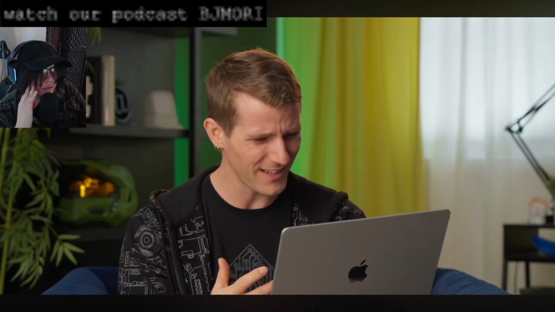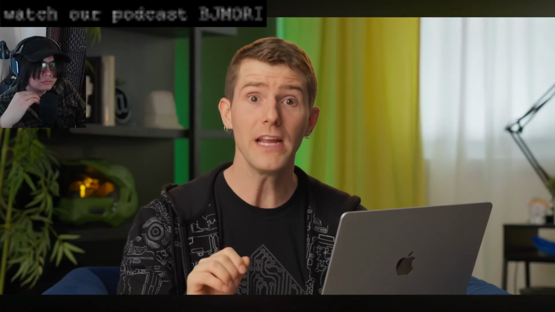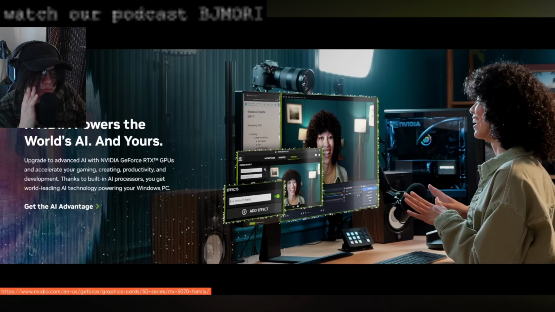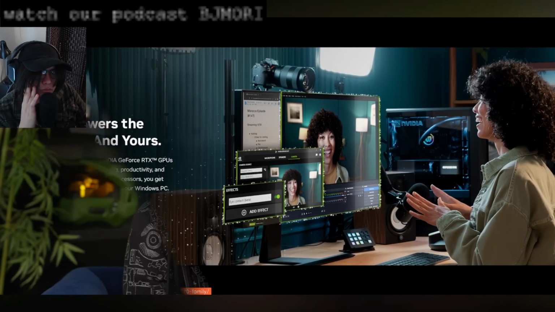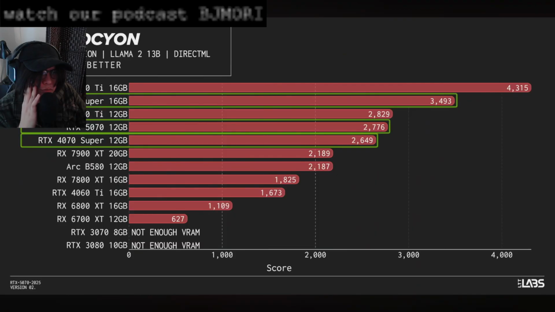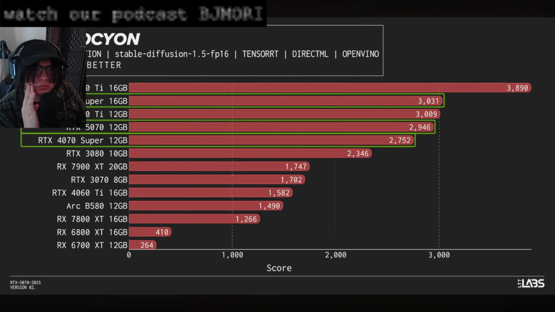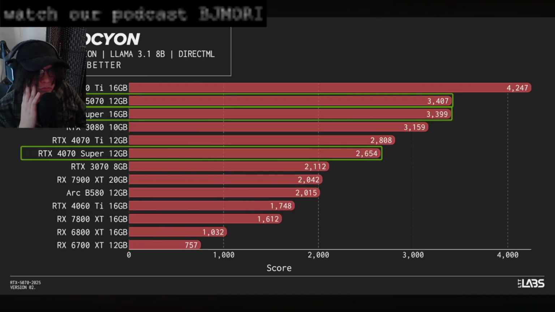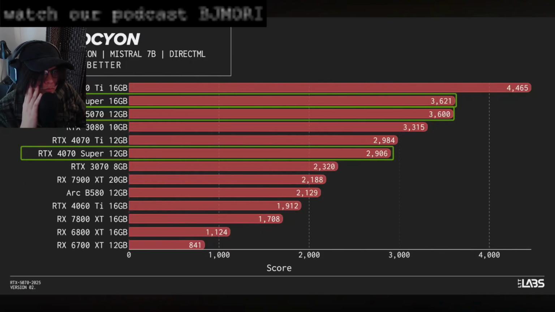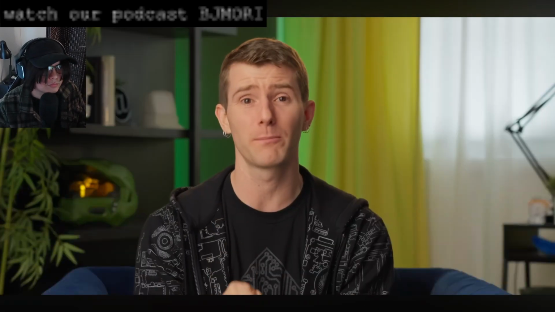Okay, but surely there's gotta be somewhere that this card stands out. Oh, and there is. But I don't know if you're gonna like it. To NVIDIA's credit, their AI improvements in their Blackwell architecture do really shine through in, well, our AI tests, where not only does it beat the 4070 Super, but it seems to perform more like a 4070 Ti Super. Of course, with that said, AI workloads really benefit from lots of VRAM, and the 12 gigs on this card definitely ends up preventing it from